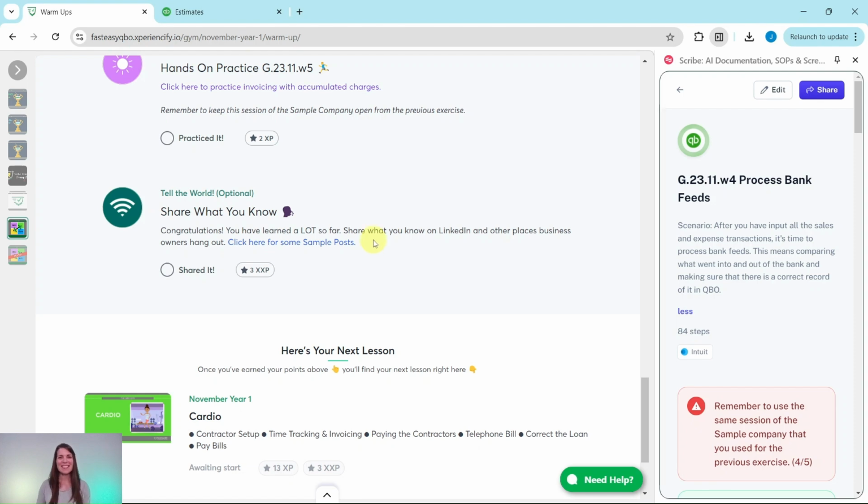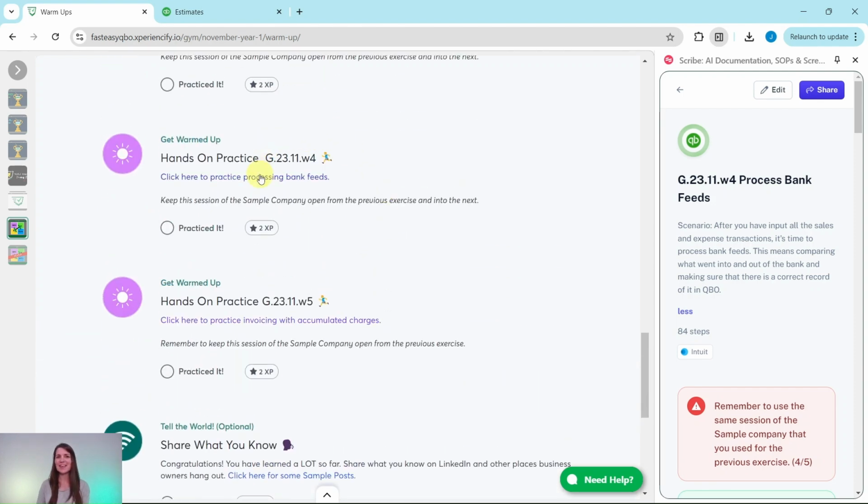So let's dive into today's exercise where we are going to practice processing bank feeds. Go ahead and click on that link to have the exercise come up for you. I have it here on the right side of my screen, so let's read through the scenario. After you have input all the sales and expense transactions, it's time to process bank feeds. This means comparing what went into and out of the bank and making sure there was a correct record of